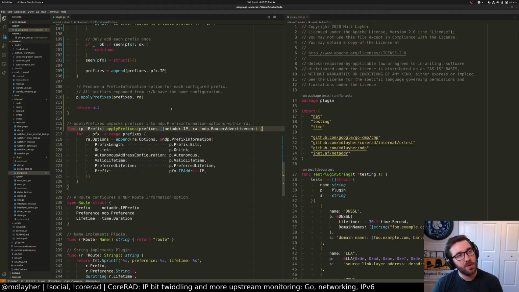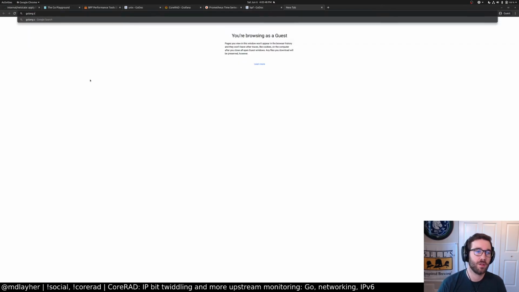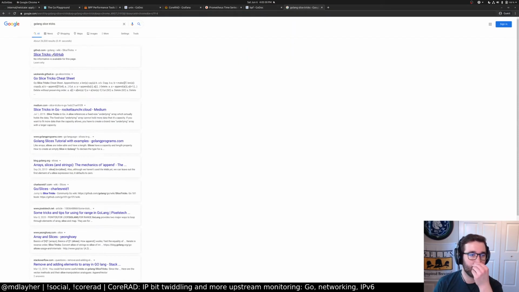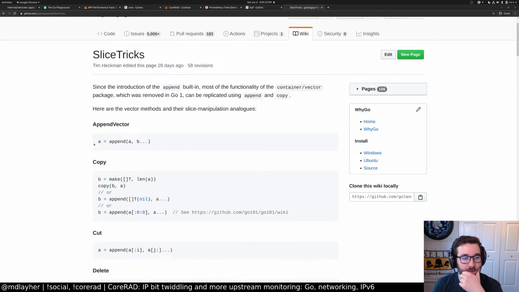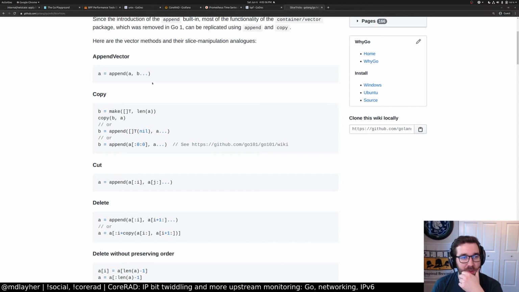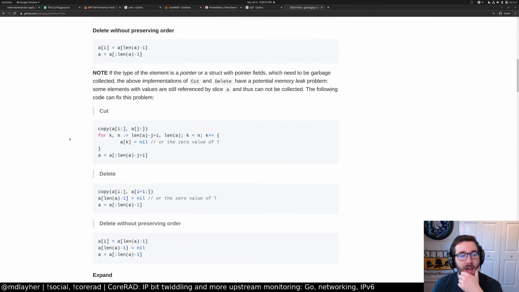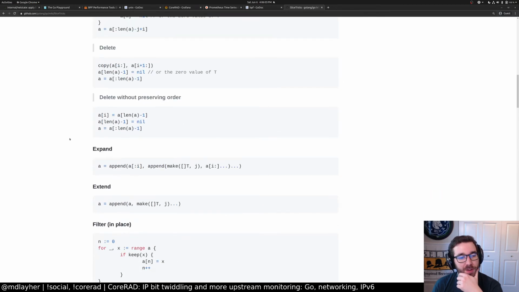How do you extend a slice in Go? Would you do that by... Huh, wait a sec. I know there's a slice tricks page. One sec. Delete, copy, append vector. I guess we could create a vector and then append it directly.